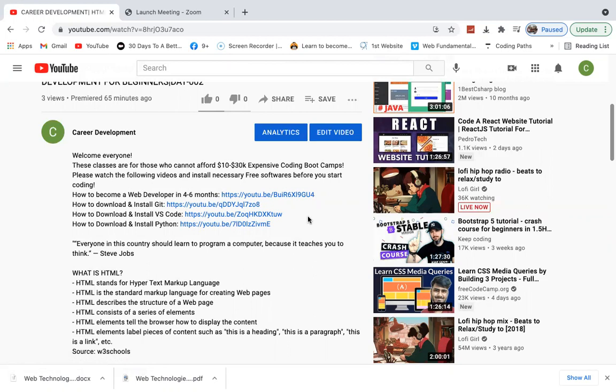Now, many people will tell you that you can learn web development in just 1 or 2 or 3 months. But my recommendation is to take 4 months. 1 month for HTML, another month for revising HTML and learning CSS, and in the third month I suggest you revise both HTML and CSS and learn